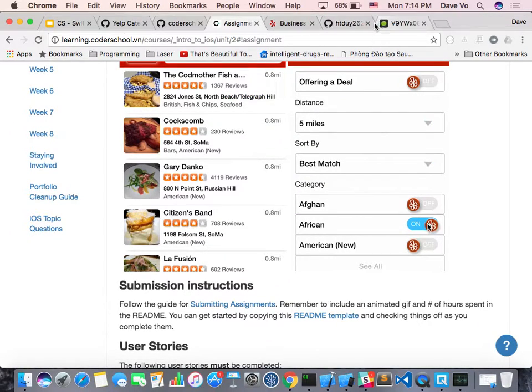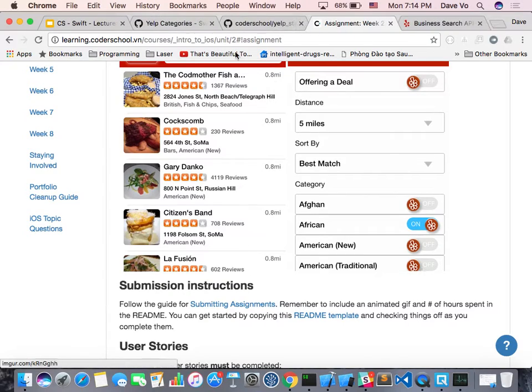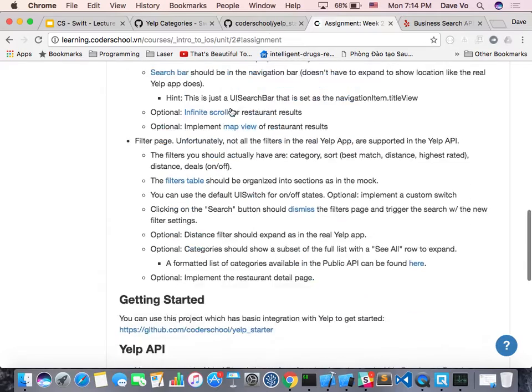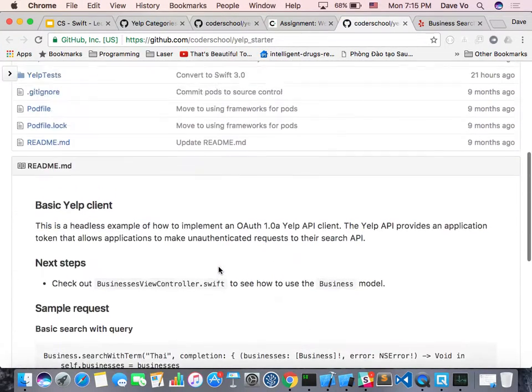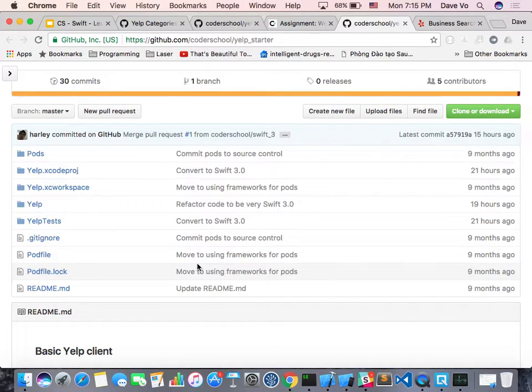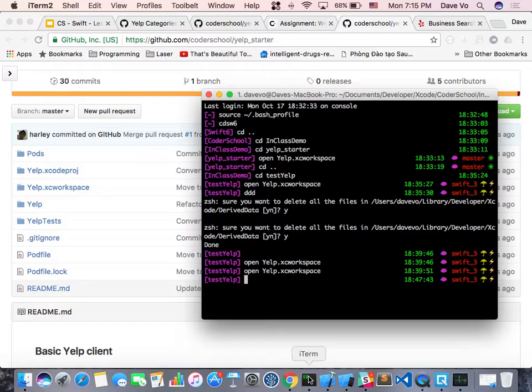Okay, so let's get started. We will do some real demo now. And how are we going to start? If you read from this one, you see the getting started. If you click on this one, it will have a repo for you. You just clone this repo, and we start from here. From this repo, let me open this one. That's the repo called Yelp starter, and then if we open this one,